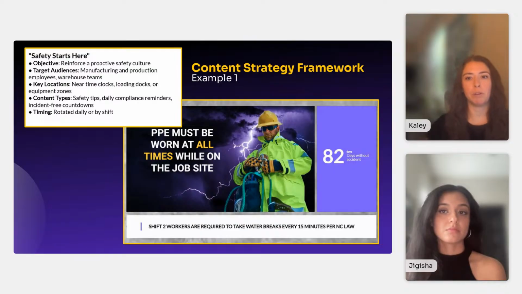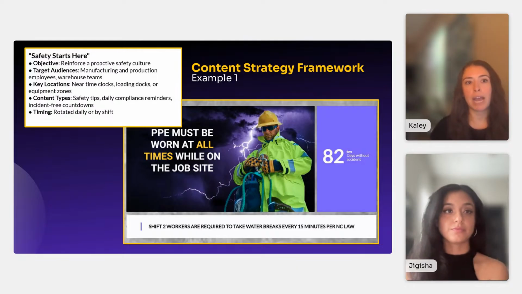Here are a few examples of strategies similar to what we've assisted customers create recently. The first campaign example we have is Safety Starts Here, with the objective of reinforcing a proactive safety culture. The target audiences for this campaign were manufacturing or production employees and warehouse teams, with key locations for screen placement being areas near time clocks, loading docks, or equipment zones.